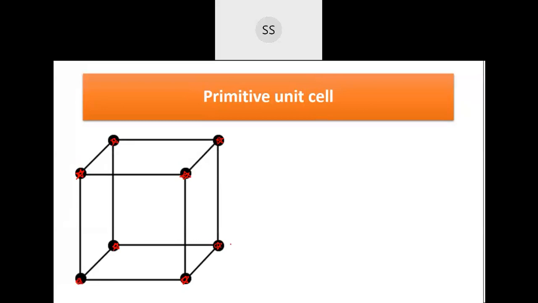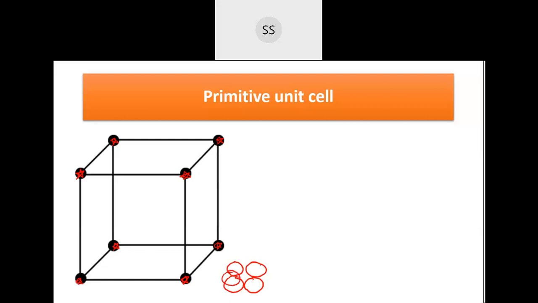This is primitive. If I take now, see here, one atom this side, then one atom over here. One atom I will place behind. This becomes 2-dimensional, as I am taking it on the plane. If you have spheres and you arrange the spheres one after the other, 4 of them, then on the top of this you are arranging.